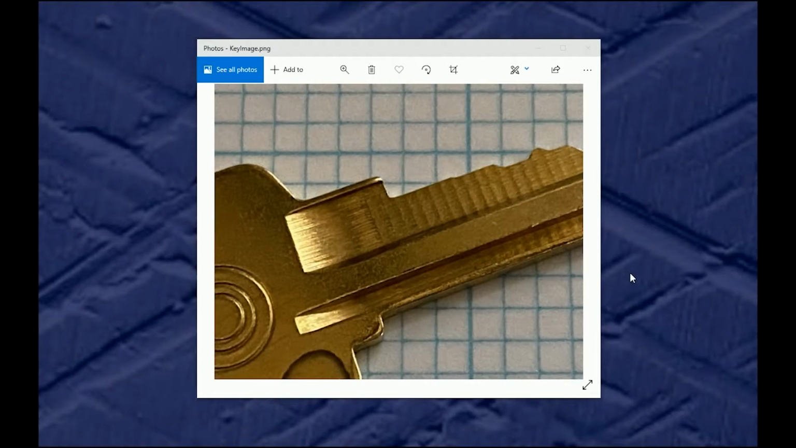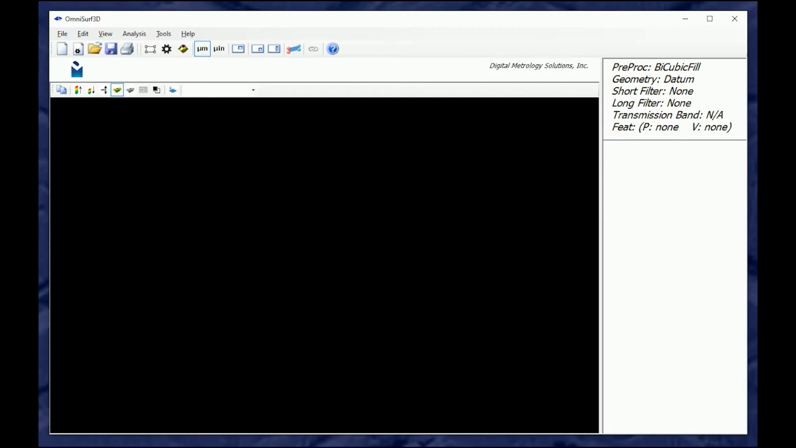Many times we encounter surfaces with waves in them or visible lines in them. For example, this key has vertical lines we can see from the milling process that made this channel. What we can also see in this key are a series of finer horizontal lines. This becomes an interesting problem where we can use software tools like OmniSurf3D to separate the longer waves from the